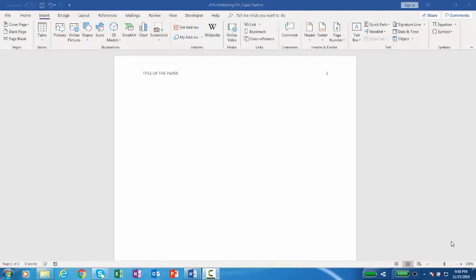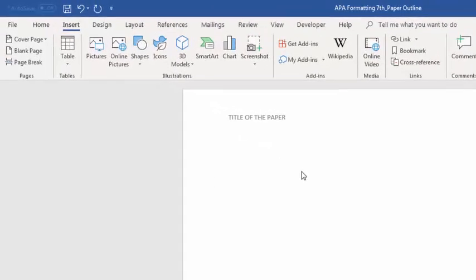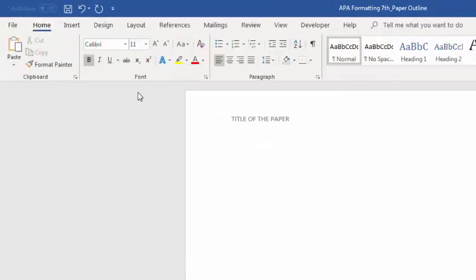After I've included my running head and my page number, I need to include the title of my paper on the title page. The title of the paper needs to be 3 to 4 spaces down from the header section of the paper. The title needs to be bold and it needs to be centered. There needs to be an extra space placed between the title of the paper and the names of the authors